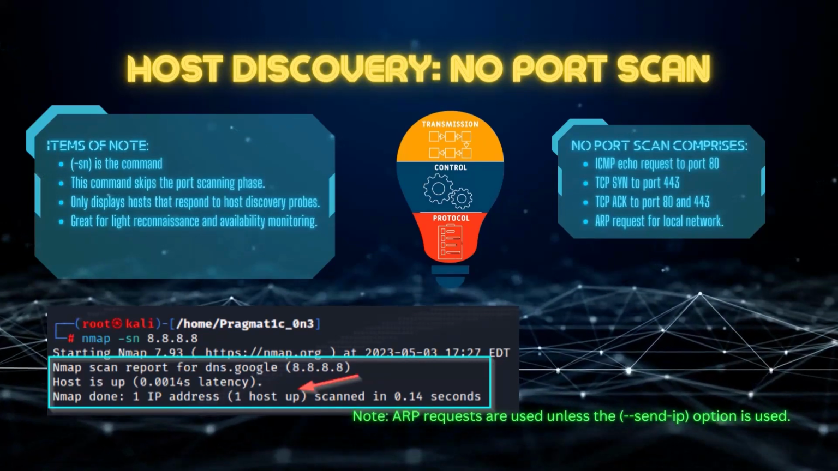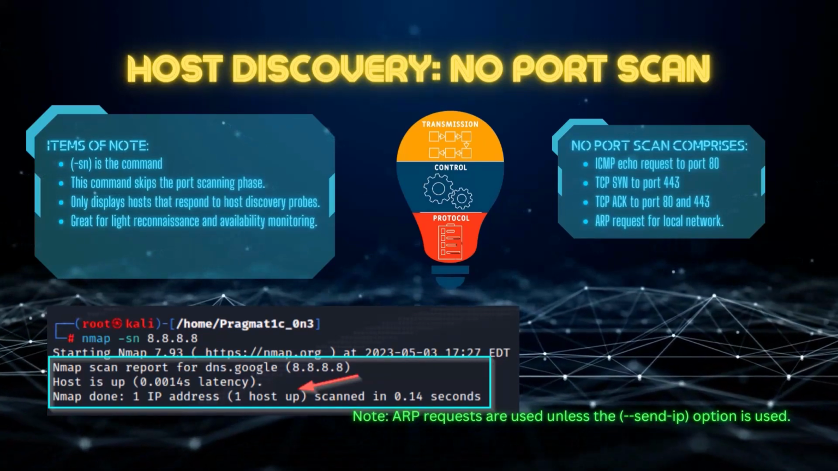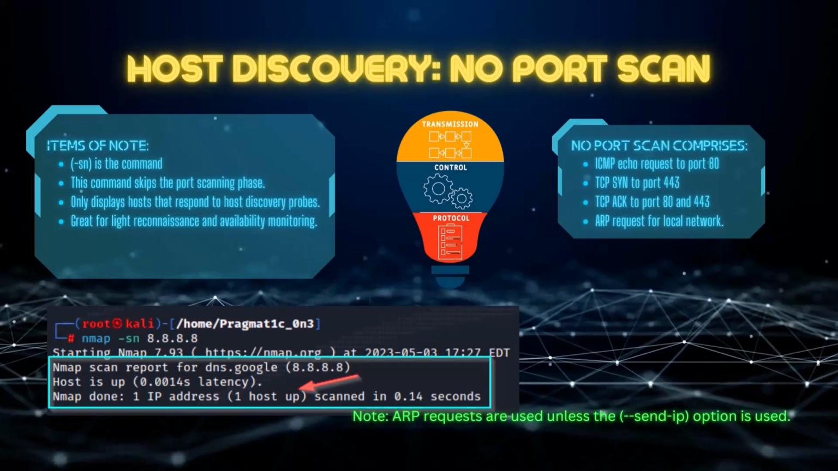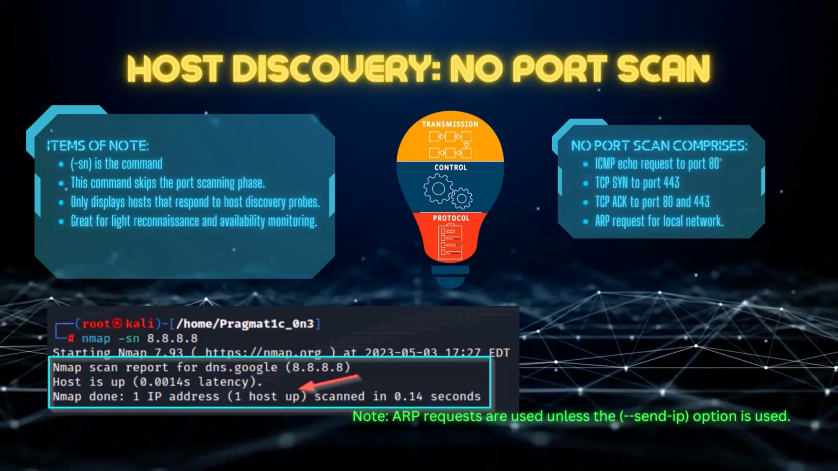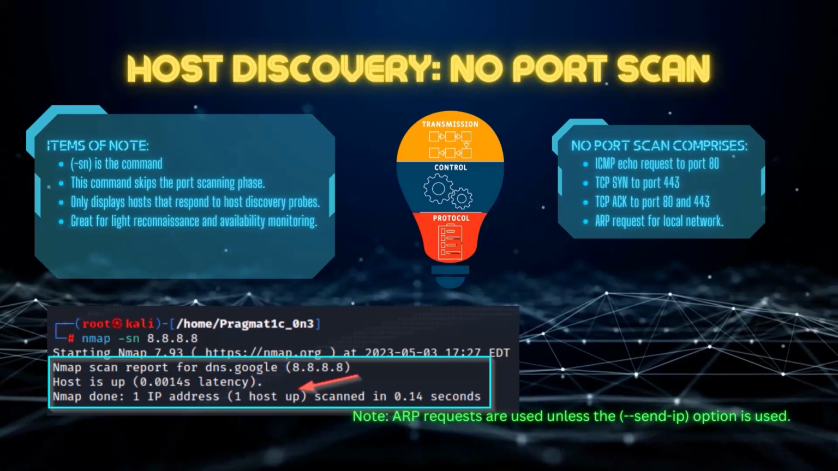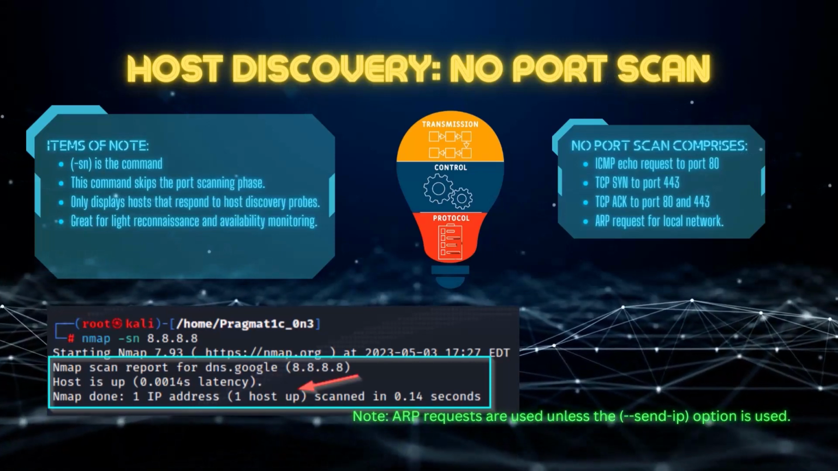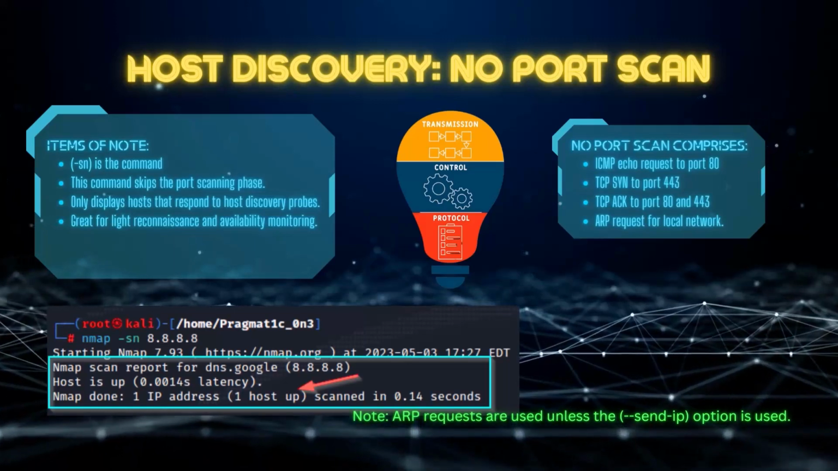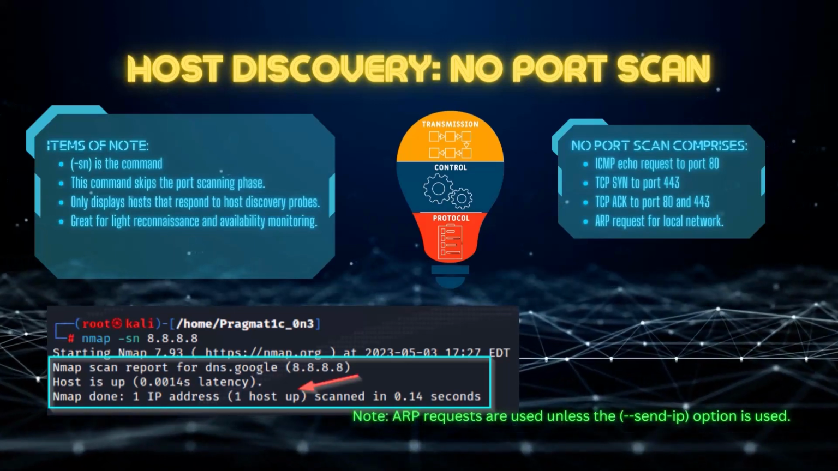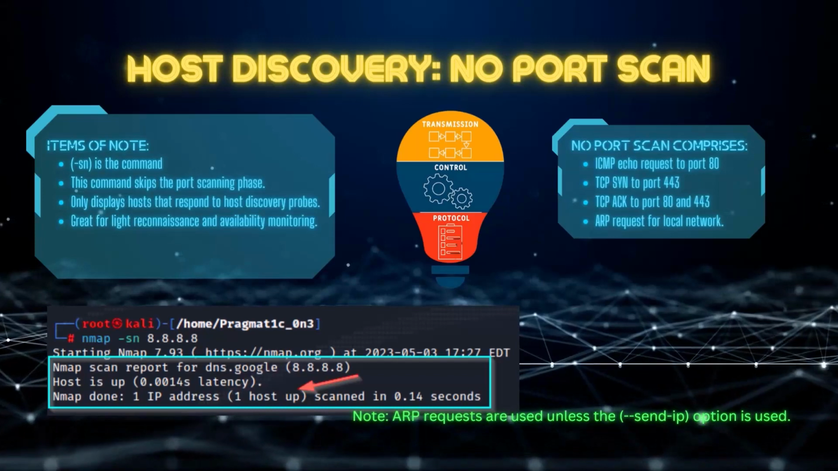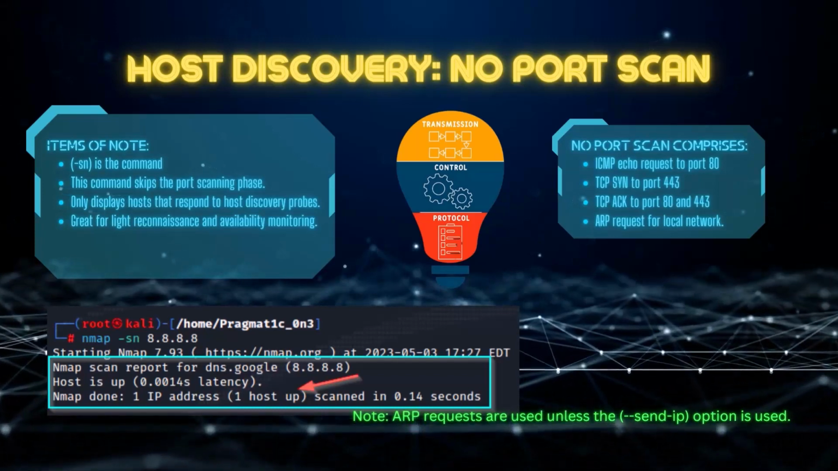It is commonly used for light reconnaissance of a target network, allowing an attacker to know how many hosts are up without attracting attention. This option can also be used by system administrators to count available machines on the network or monitor server availability. The default host discovery done with -sn consists of an ICMP echo request, TCP SYN to port 443, TCP ACK to port 80, and an ICMP